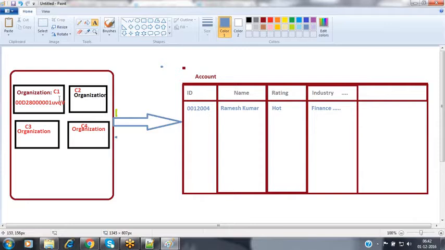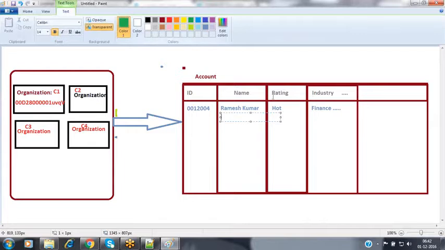Now, coming to customer 2, nothing but C2, they have created one more account record here. Customer 2 has created one account record. For this customer 2, they have given the name as some Wipro Incorporation. The rating is some warm.